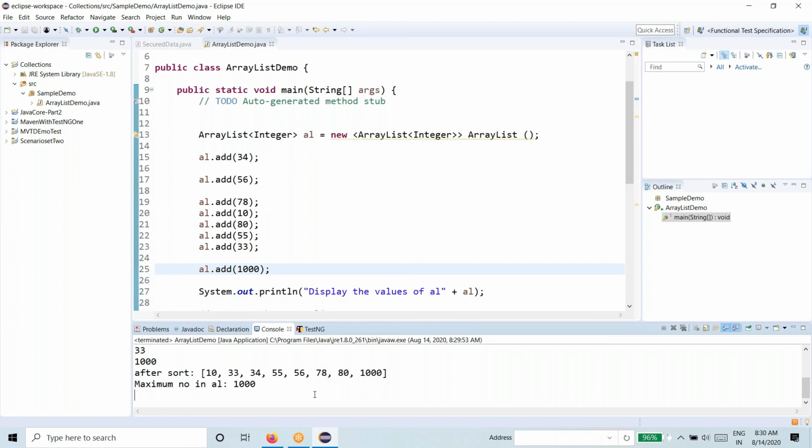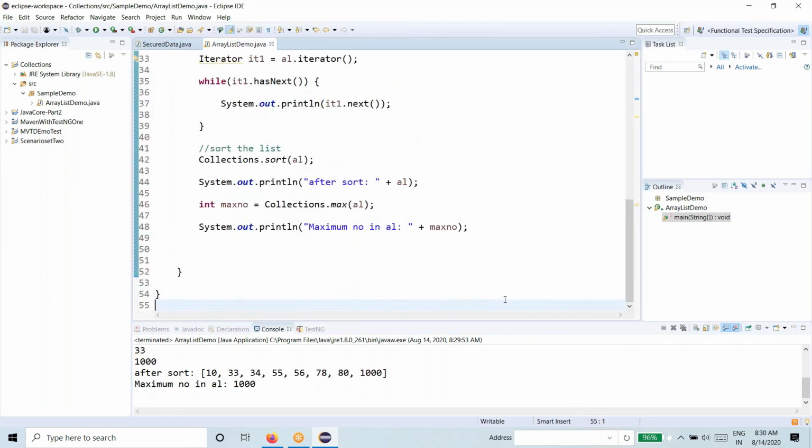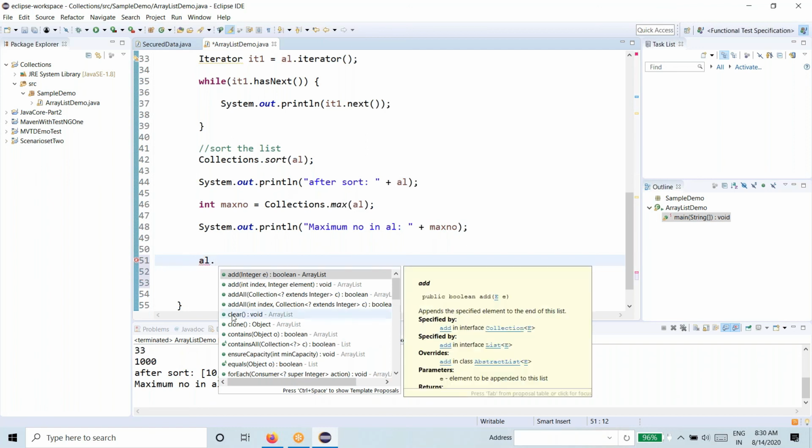So this is all about array list, and we can even see a few more methods. How can we see all other methods in array list? AL is the object of array list, and dot, that is how we saw, right? So now we can use contains method to check whether the element is present in the array list or not. We can use equals method to compare whether two different array lists have the same elements or not.